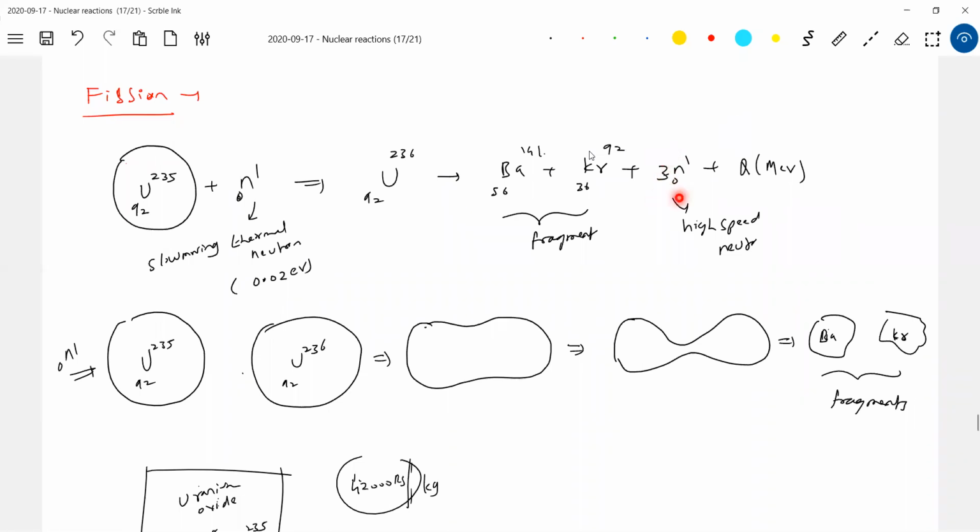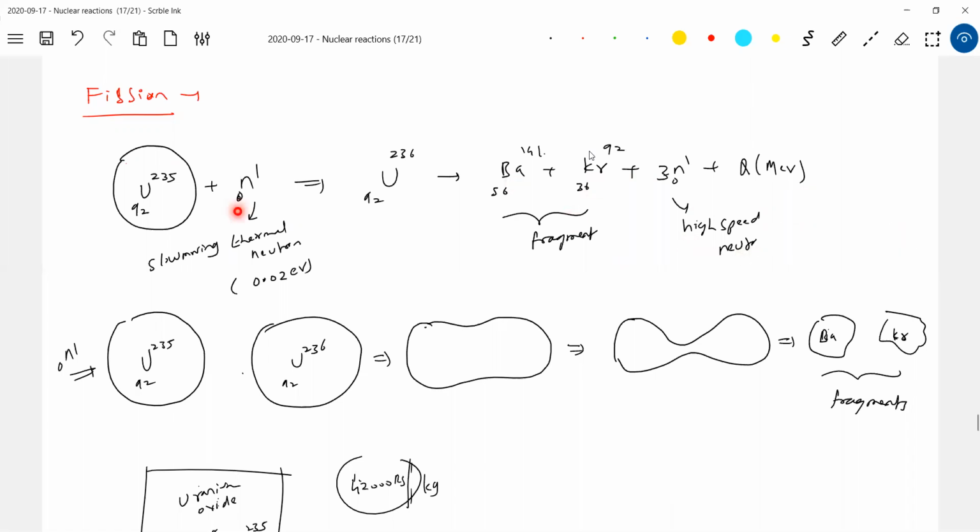Using a moderator, what is a moderator? It decreases the kinetic energy of the neutron. For example, heavy water. Using heavy water, deuterium, I can decrease the kinetic energy of the neutron. Once the kinetic energy becomes very small, of the order of 0.02 electron volt, when those neutrons pass nearby uranium, the uranium will capture them and undergo fission. So how to make the chain reaction? The fast moving neutrons generated in uranium fission should be slowed down. If those neutrons are again incident on uranium-235 nuclei, the chain reaction will continue.